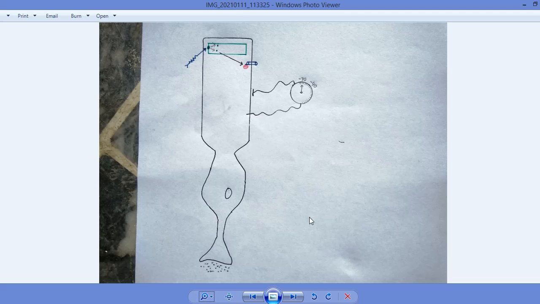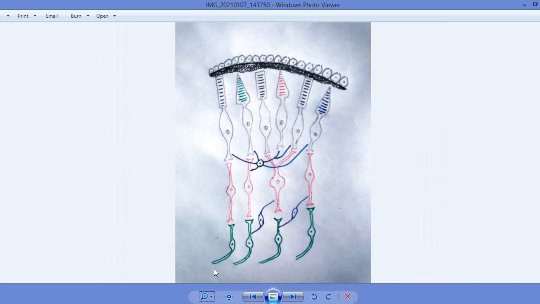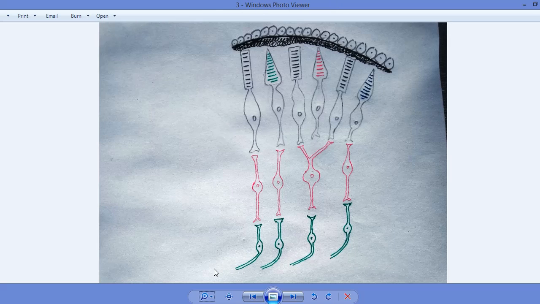When the neurotransmitter secretion is stopped, what will happen? When the neurotransmitter secretion is stopped over here, these bipolar cells will automatically be activated, and the activation of these bipolar cells will initiate a signal that will secrete the neurotransmitter over here, and those neurotransmitters will create an action potential inside the ganglion cell, and that ganglion cell will transfer the signal towards the thalamus, and then to the visual cortex, and inside the visual cortex